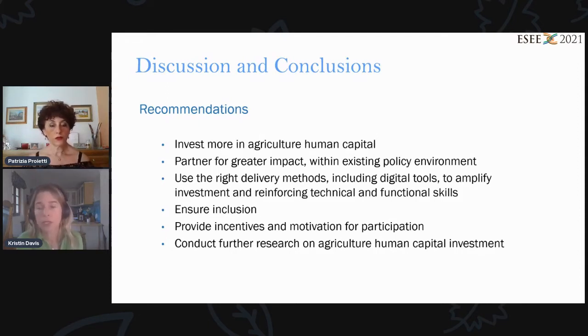The typology that we put together also contributes to the theory on development of human capital, and we hope that the study really adds value through applying this typology across the 9 different cases, the different box studies that we included. And then, of course, from a methodological perspective as well, we did gain some important learnings on conducting field research in a virtual manner through the COVID-19 regulations. So it was a really big study. We're still going on this year in terms of getting the outputs out there, and we'll certainly keep you informed about that. So with that, I'd like to pass back to our chair, Patrizia, and welcome a discussion now.